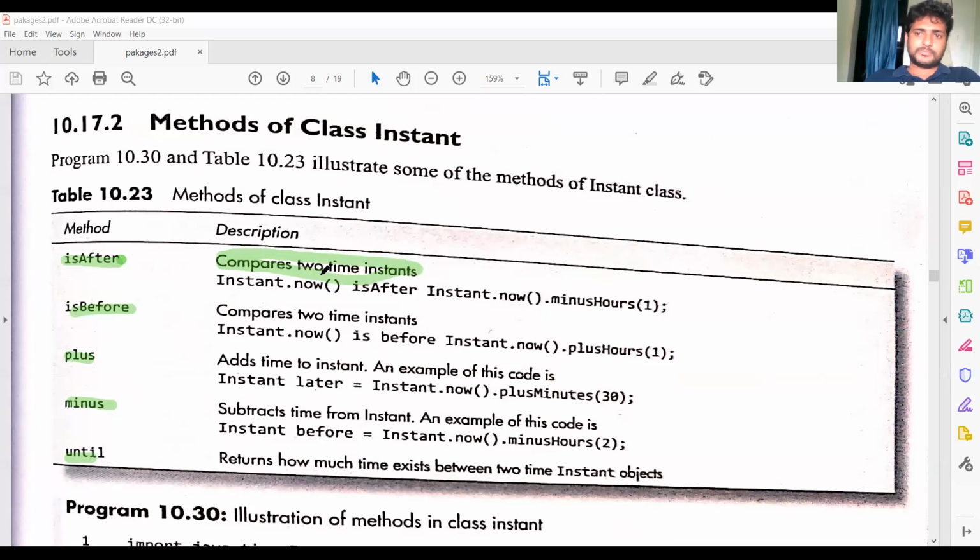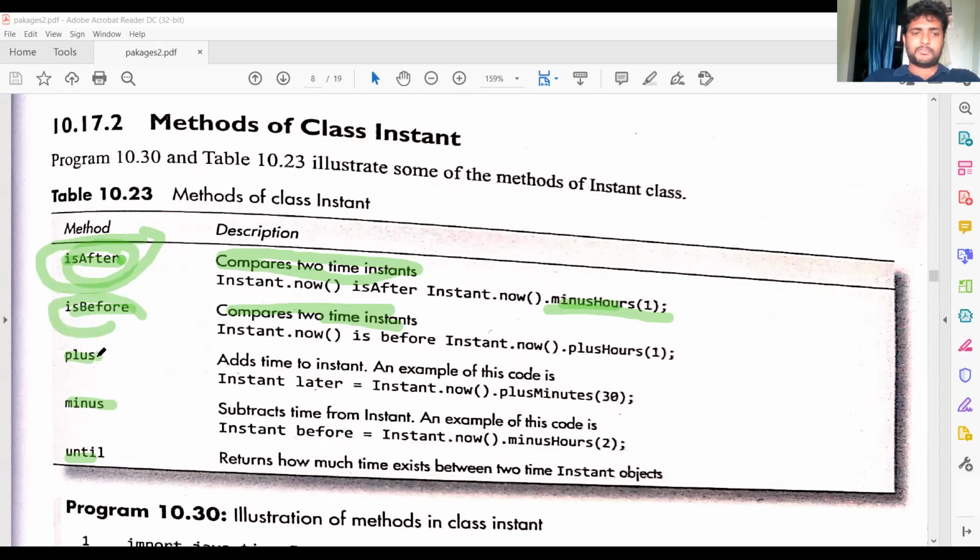That can be done by using the isAfter method. If you want to compare today's date with a previous date, yesterday's date, then you can use the isBefore method.